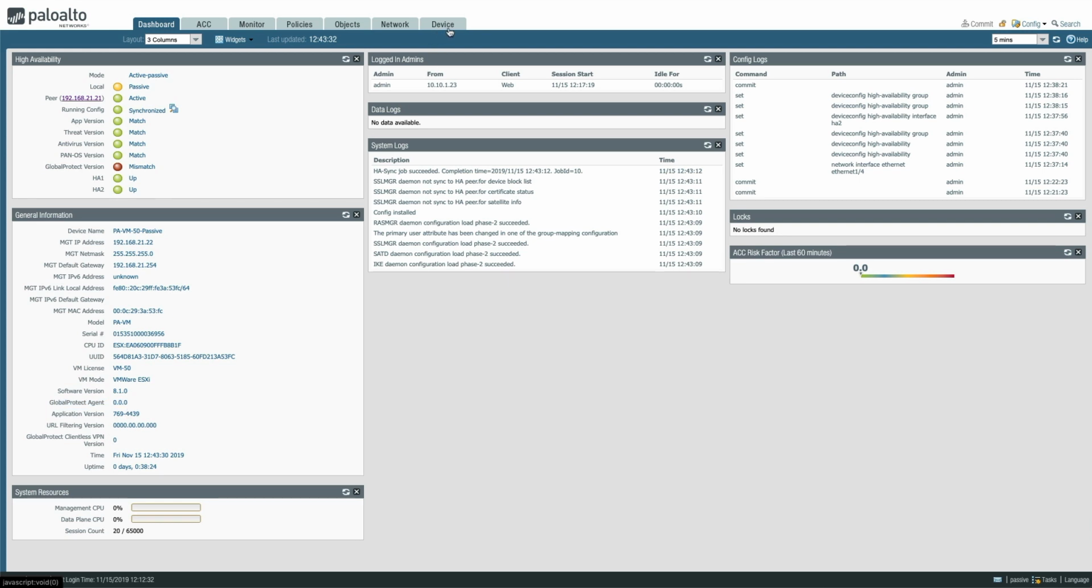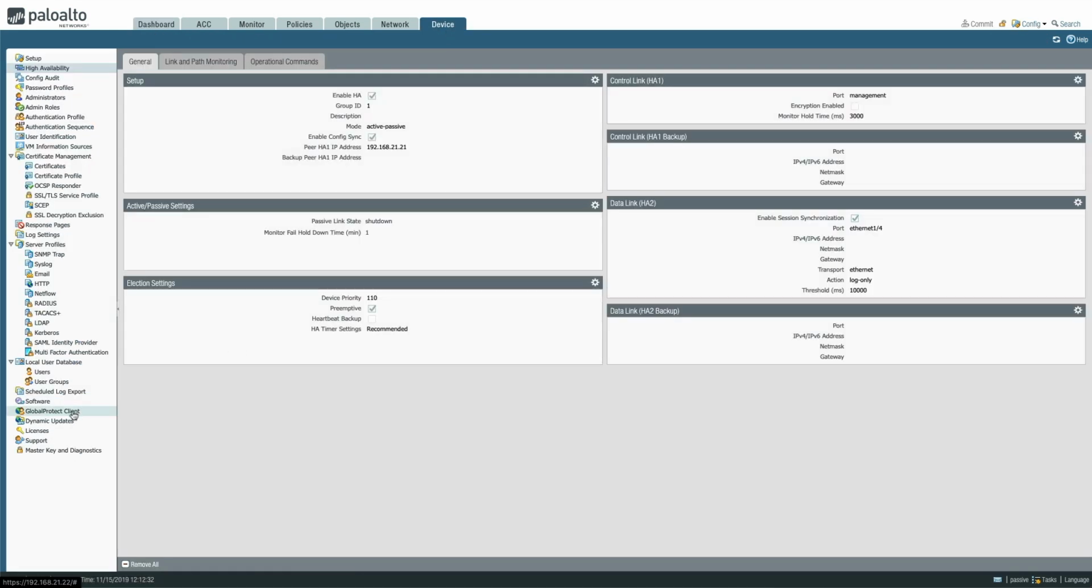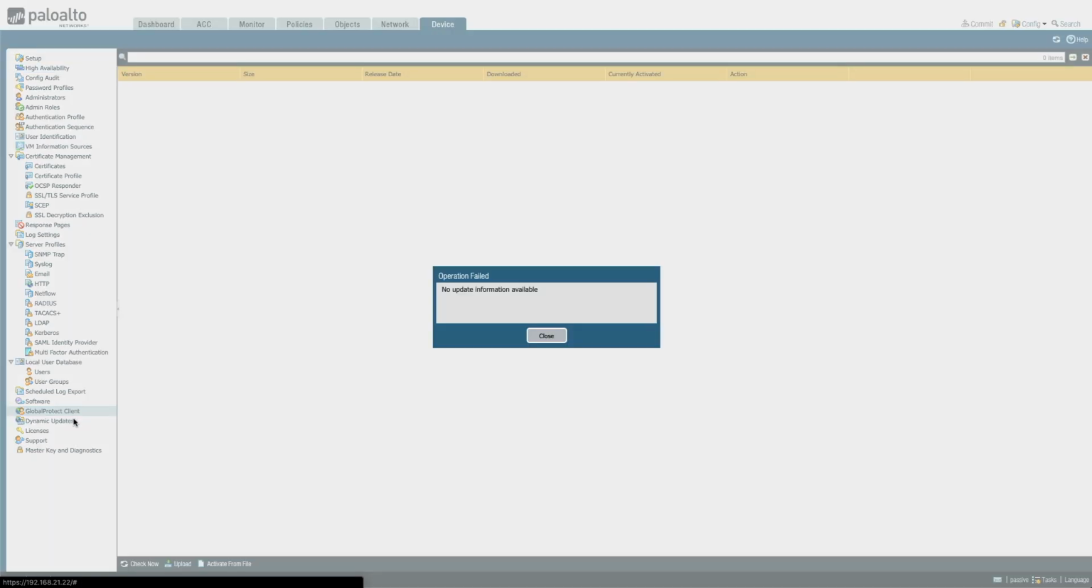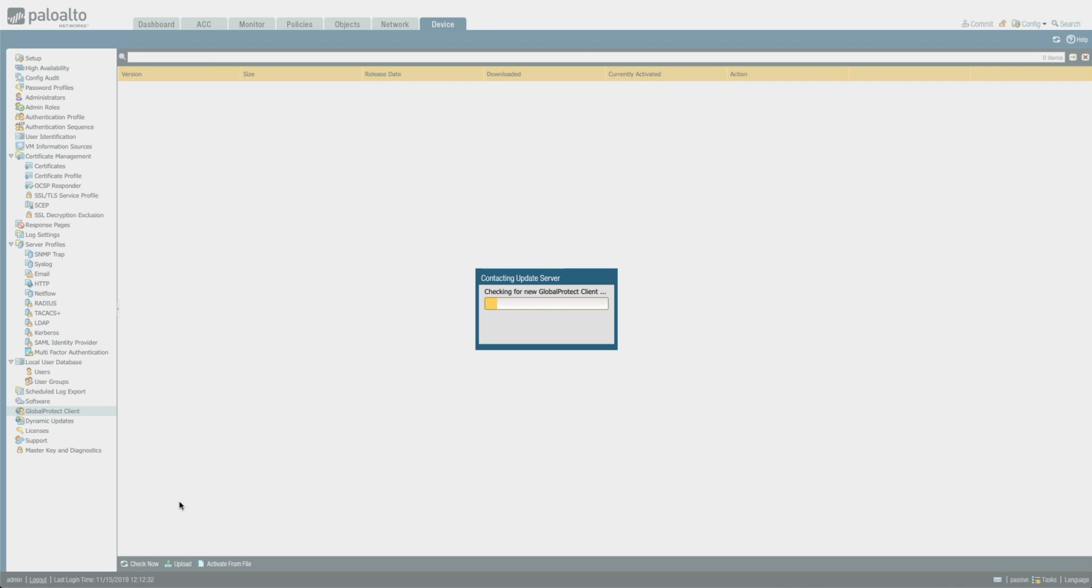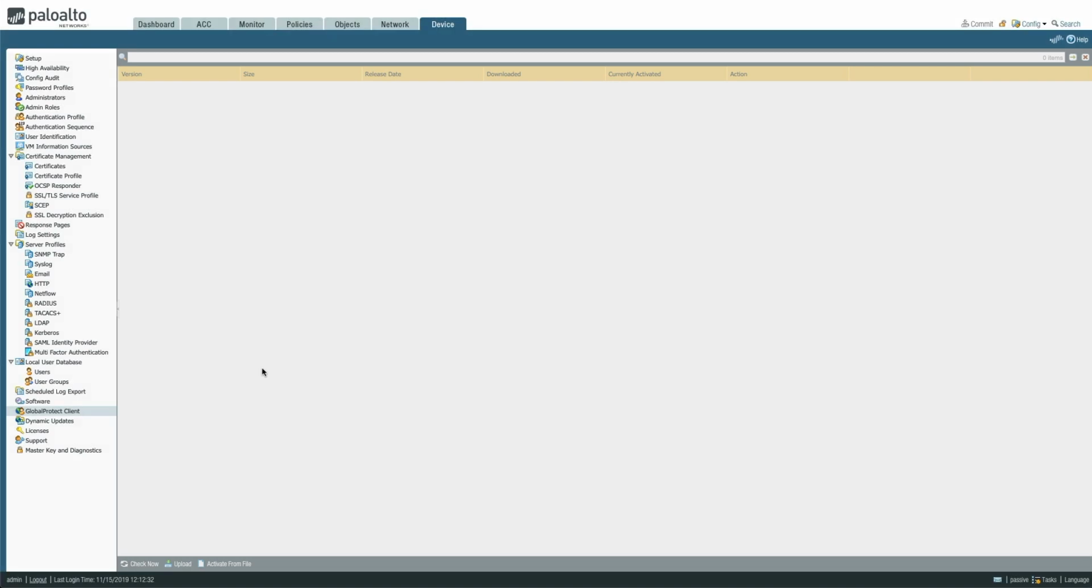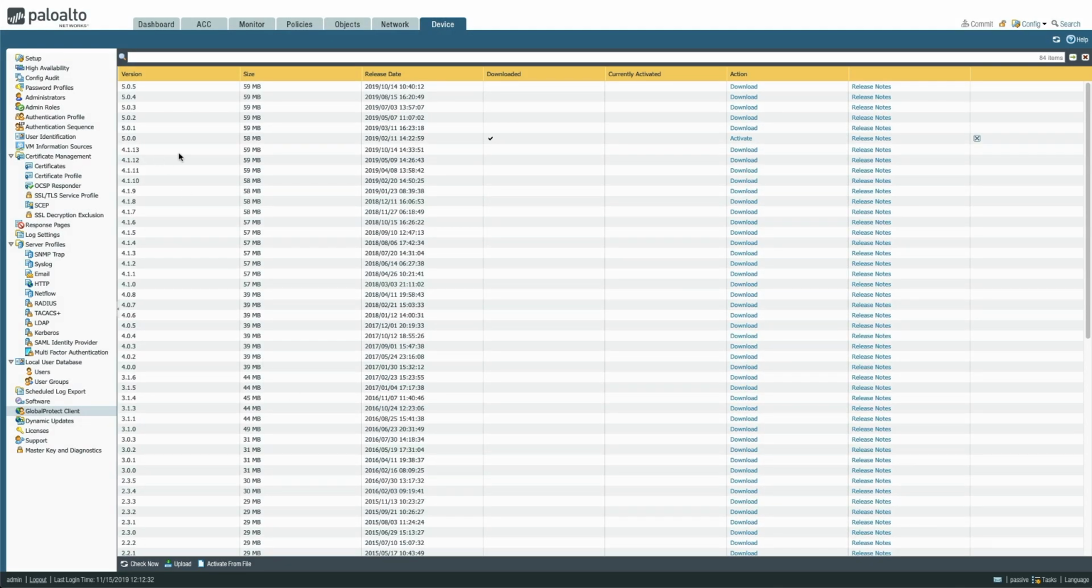So if we went to Device and GlobalProtect, we could click on that, and what we need to do, if this is the first time you've done this, is just do Check Now. This should download all the available versions from Palo Alto, and what we're going to need to do is make sure that the same version is activated